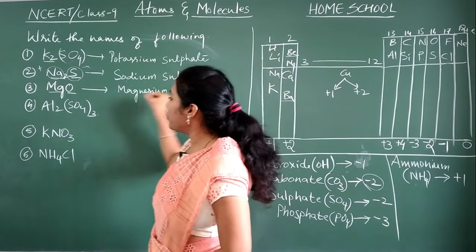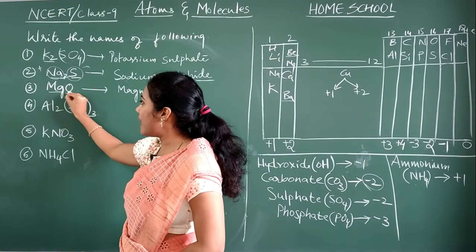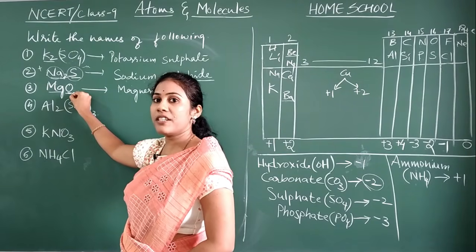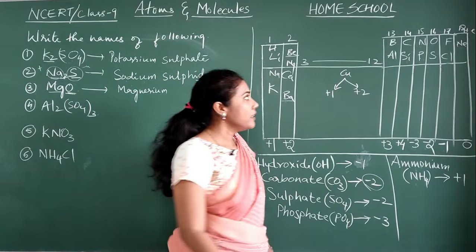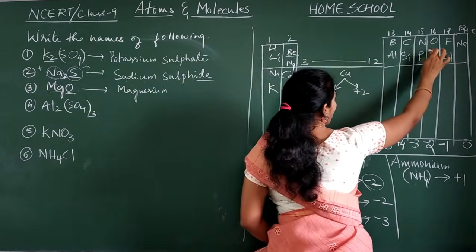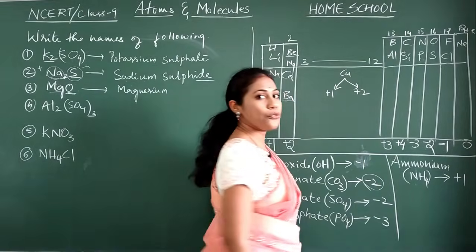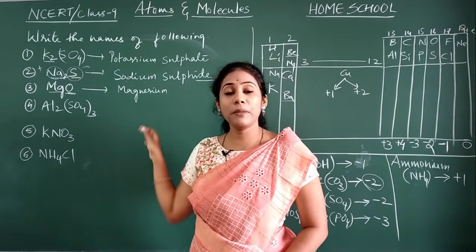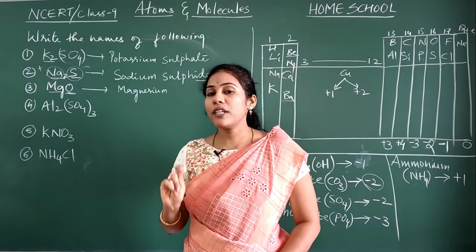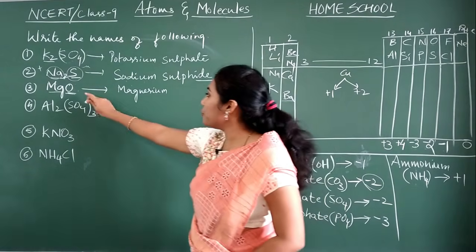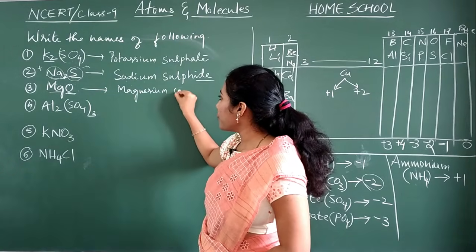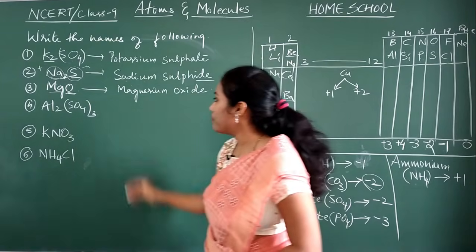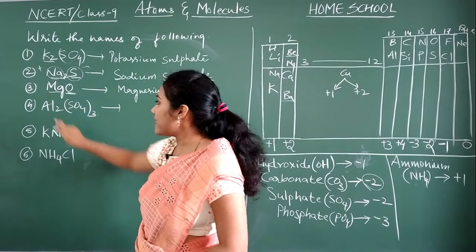And oxygen: again, what I told you, the last part of the formula is negative. It will definitely have a negative valency. If you want, you can check oxygen. Where will oxygen come? 16th group. What is its valency, guys? -2, negative valency. So whenever you write its name in a formula, you should add the tail. What is the tail? IDE. So you should not write it as oxygen here. You should write it as oxide. Oxide.